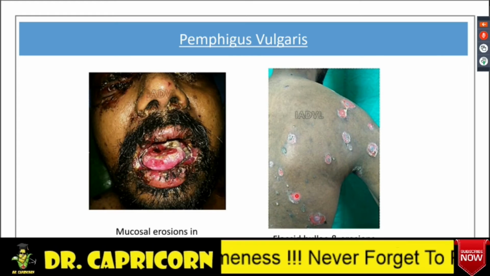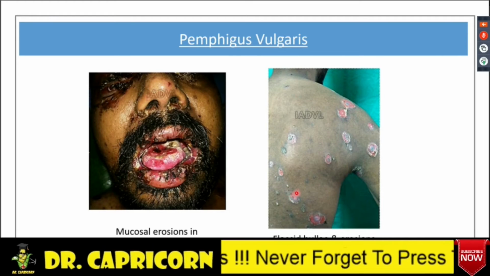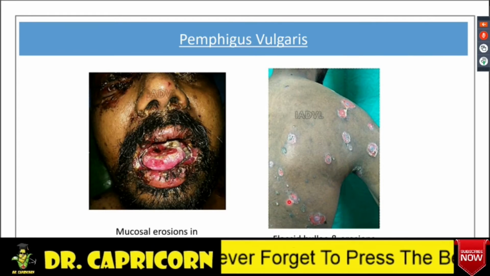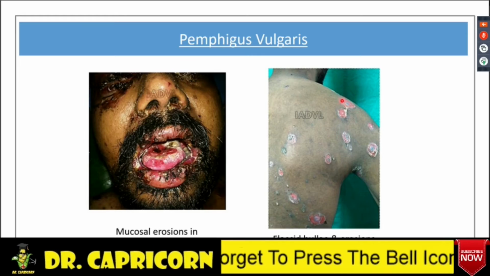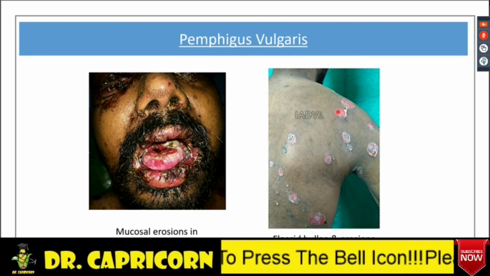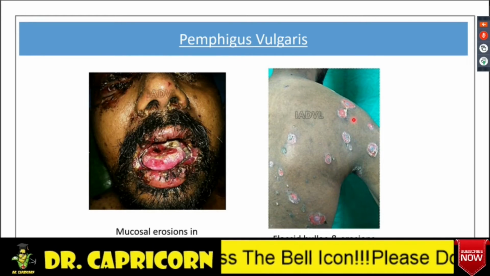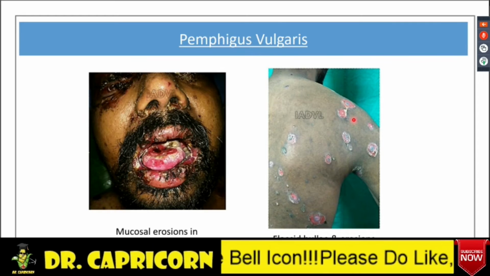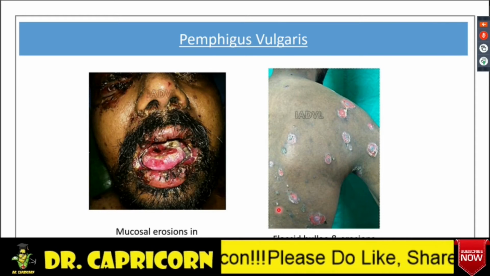Now these are the blisters, flaccid bullae, which rupture by themselves. There are erosions, and you can see the polycyclic spread. If this was the bulla, it has spread like this. So flaccid bullae and erosions are seen. These are flaccid bullae. You can see turbid fluid inside. Initially they will be very clear, then they become turbid.